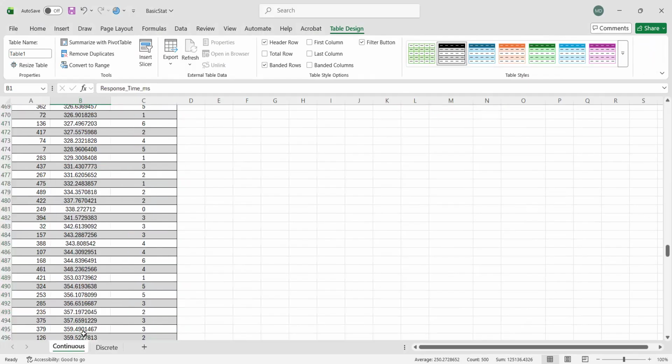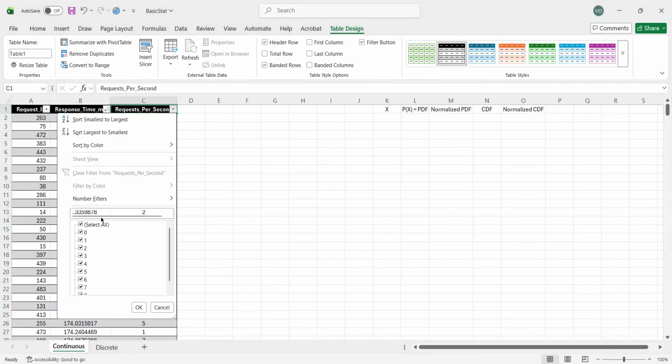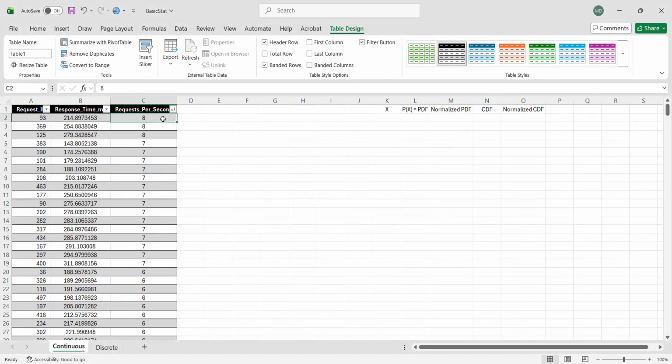You can also do so in terms of requests per second. Let's choose largest to smallest. As you can see, the largest requests per second that we have is 8, then 7, and so on. So that's our data set.